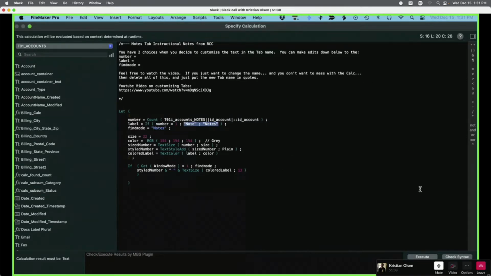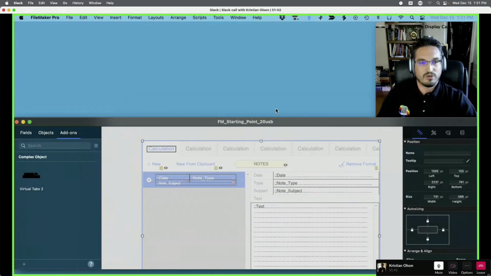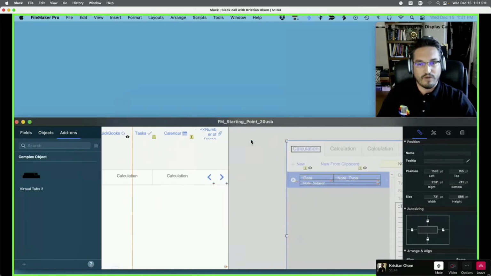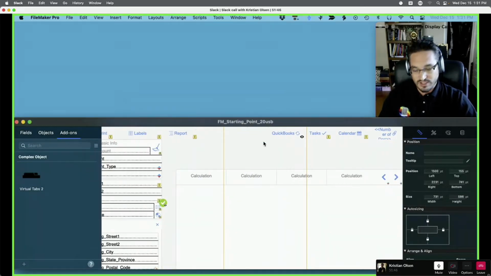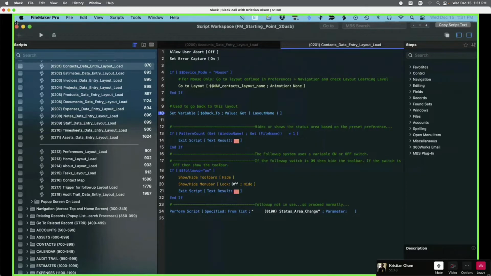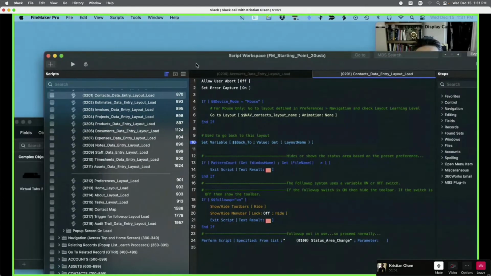We need to configure our tabs. So I'm going to go ahead and hit cancel here. I'm going to come back to our target file. And one of the things that I've done to help with this is if you open up your script workspace,